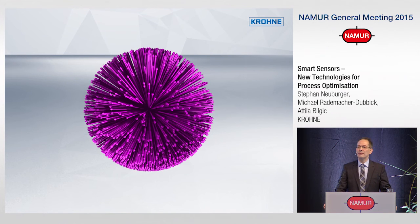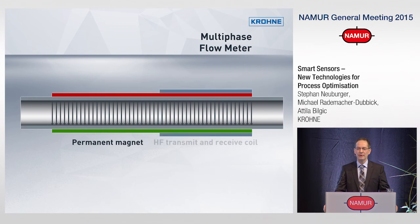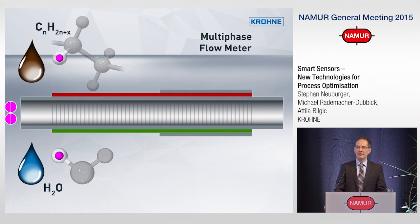But let's look first at the structure of our multiphase flow meter. For a very basic explanation, imagine a non-metallic measuring tube with a permanent magnetic field applied. The magnetization of the multiphase mixture can be read out using high-frequency signals. When the oil and water molecules flow from the left through the magnetic field, the bound hydrogen is magnetized and